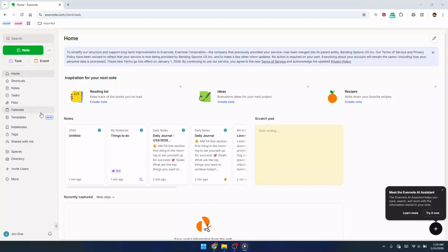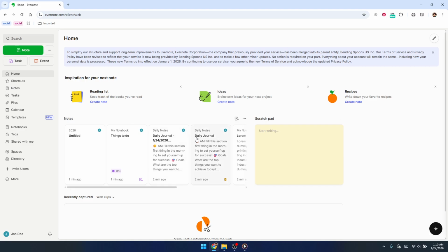In today's video, I'm going to teach you how to print Evernote notes. Printing from Evernote is really straightforward once you know where everything is, and in this walkthrough, I'll guide you through the exact clicks so you don't miss anything. Whether you're preparing a meeting handout, backing up important information, or just prefer reading on paper, these are the steps